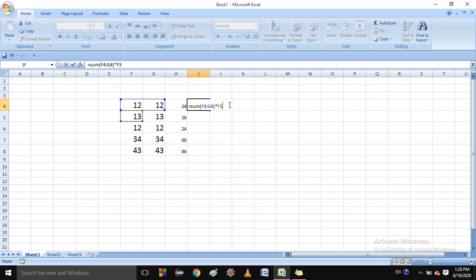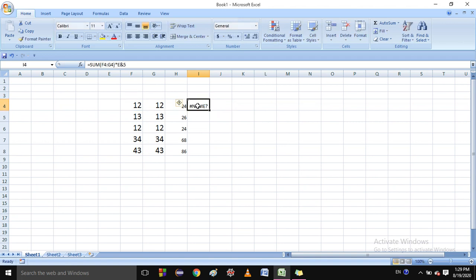But if you want to fix these values, you must apply a dollar sign. A dollar sign will be here. So you people are able to see this: the column is having a dollar sign, and the row is not having the dollar sign. So basically if one part of the cell, it can be column or row, has the dollar sign, then it is called mixed referencing. Okay, so press the enter button.